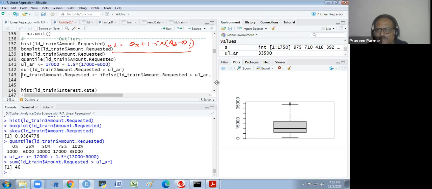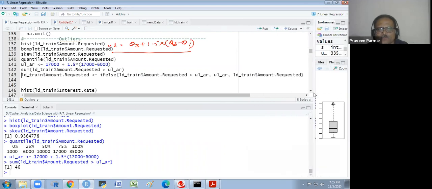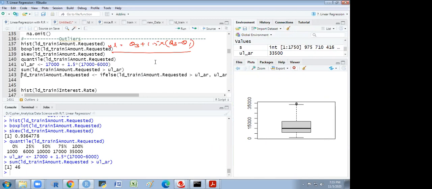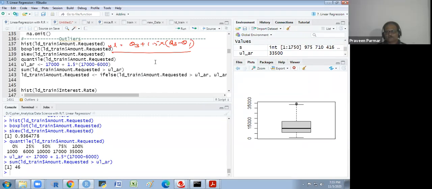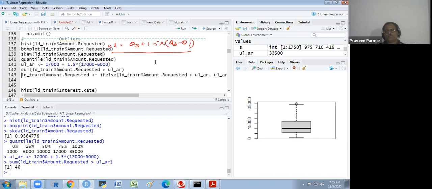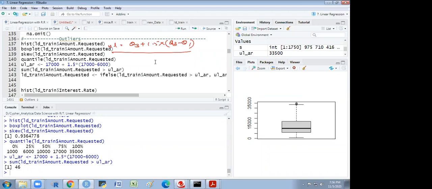Now I will impute these values. What process do we follow for outliers? What treatment do we use for the outliers? Removing it, sir. Removing the outlier observations is the first option. But we are not removing here. We are imputing some value. So we have two options. What will we impute here? Capping. Correct.